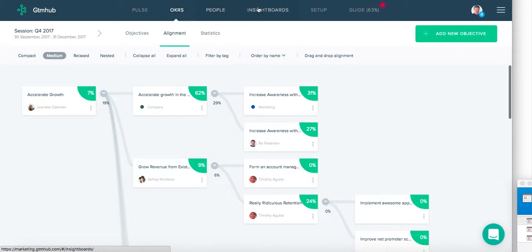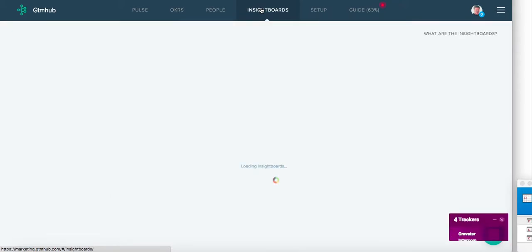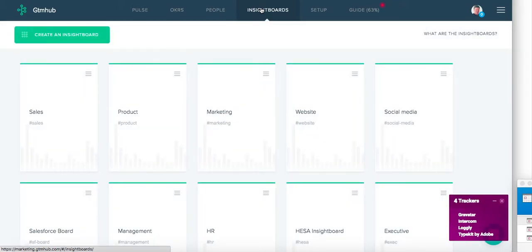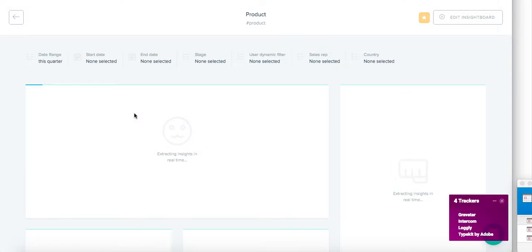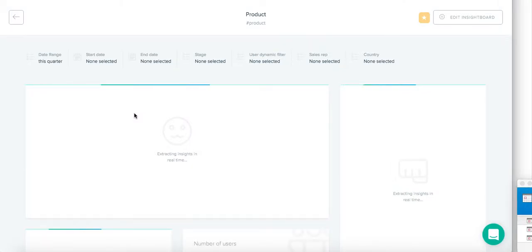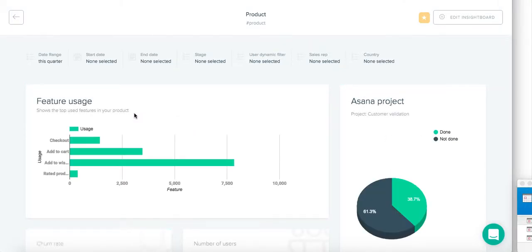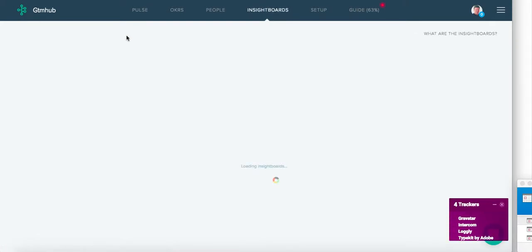And then, as we saw with the insights, not only do we allow you to visualize all of the different KPIs for your business by connecting to any data source, we also allow you to then connect these KPIs back to the objectives, so you're linking the progress in real time that you're seeing in your KPIs with the OKRs, with the objectives that you're defining for your business. And that's how we